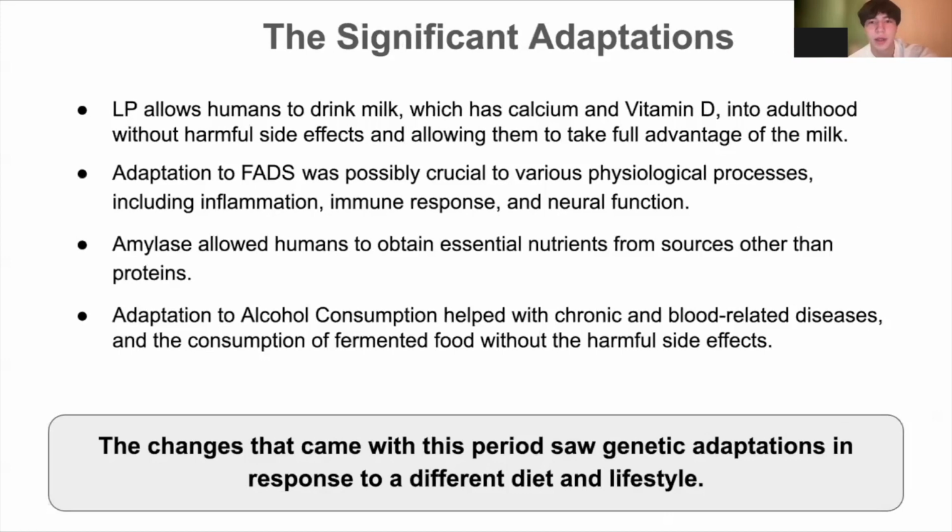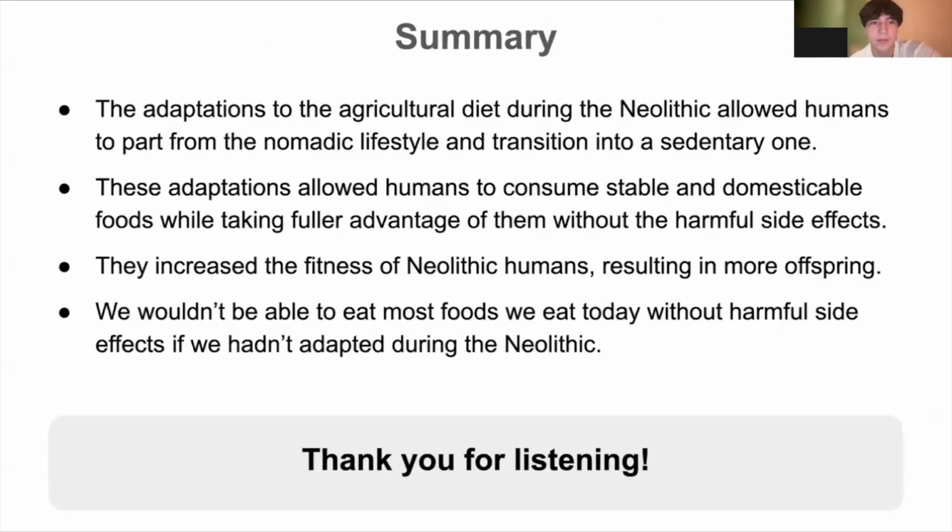And so here's a recap of the significant adaptations. We have lactase persistence, fatty acid desaturases, amylase, and ALDH2 and ADH1B. In conclusion, the Neolithic opened up new food sources and lifestyles to populations with the domestication of plants and animals. With these changes, there are also some changes in the human genome to adapt to the new agriculture-based diets, genetic changes that stem from niche construction, like the adaptation of LP and adaptations to new types of foods such as